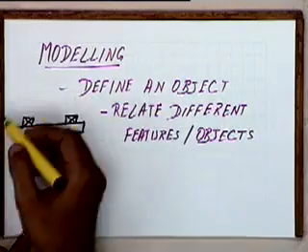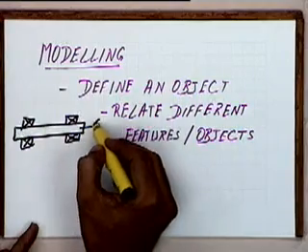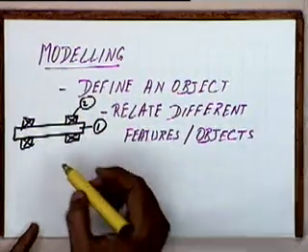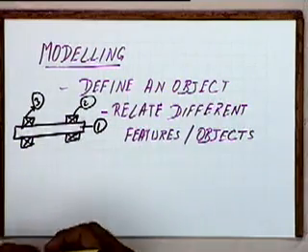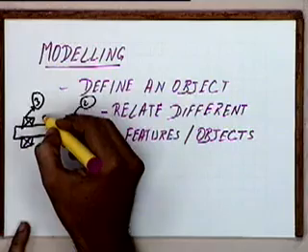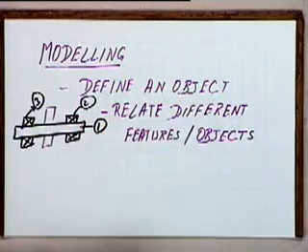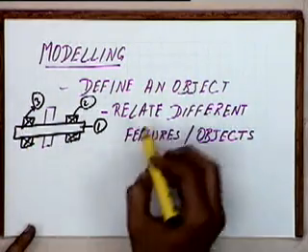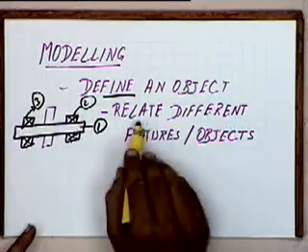When we want to model this complete system, we have to define this shaft as one object, this bearing as a second object, and this bearing maybe as a third object. And in addition to that, there might be some mountings on it. Maybe there is a gear here or a chain and sprocket here or something like that, and something else connected on the other end. So there might be different objects connected on them. When we are modeling this complete scenario, each of these objects would first be defined. Then we have to define the relationship between these objects.